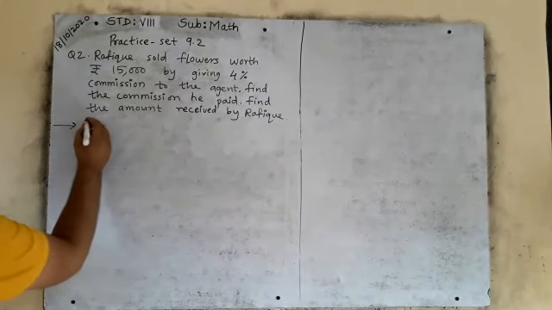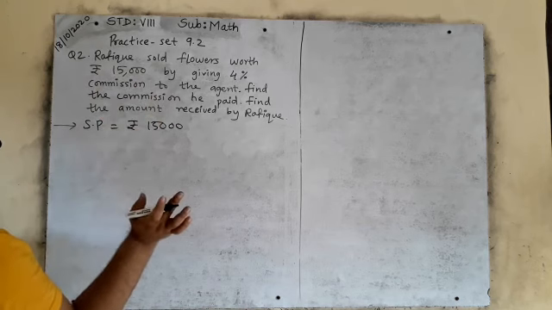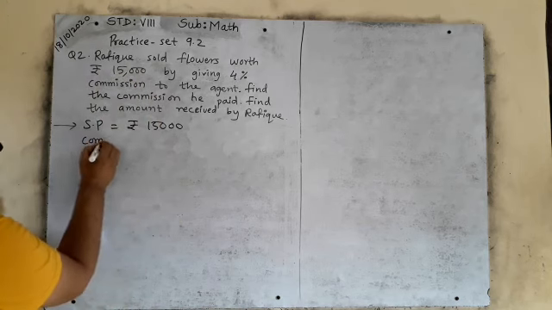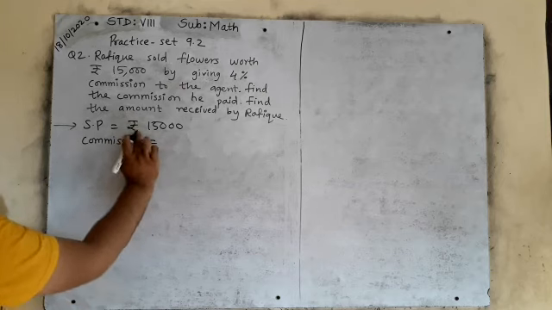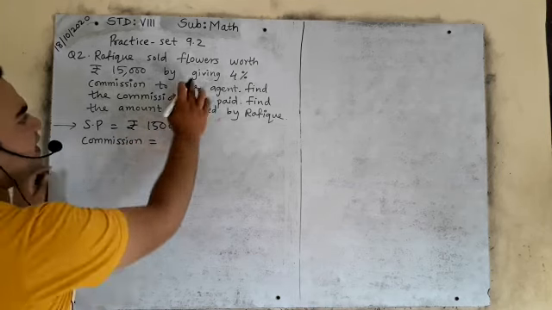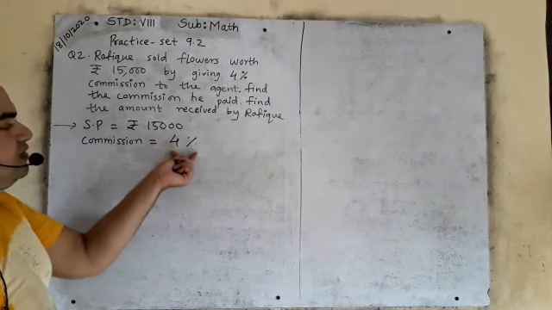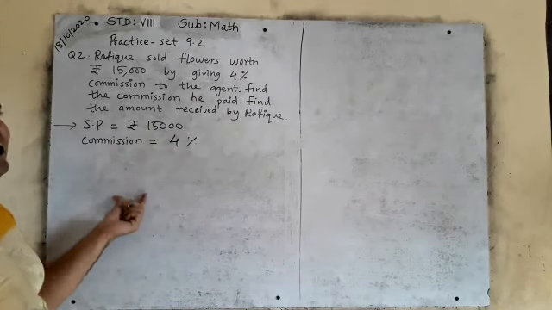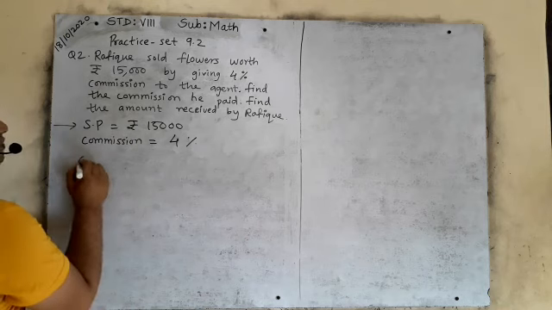See here, so you will write selling price is equal to rupees 15,000. Commission is how much? I have sold flowers for 15,000 with the help of an agent, एक agent की मदद से. So how much commission will I be giving to that agent? 4%. So commission is given in percent, and I have to find it in rupees. So you will find commission on selling price. Commission हमेशा selling price पर निकाला जाता है. So what will you write? Commission obtained.